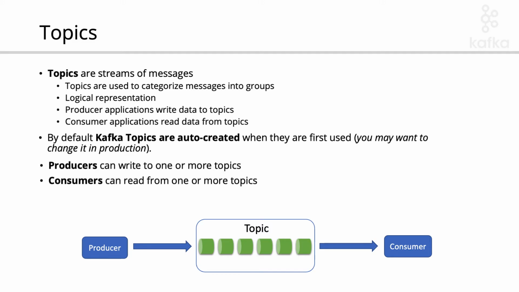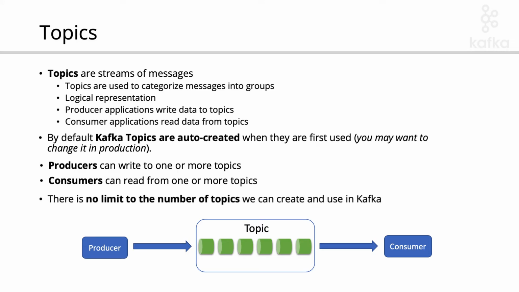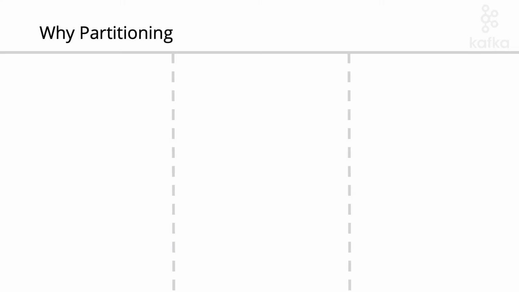There are no limitations in terms of how many producers can write to a topic or how many consumers can read from a given topic. So there is no one-to-one relationship. Many producers can write to a topic, many consumers can read from a topic. But there are some implications to keep in mind that we will see in the next videos. Also, there is no fixed limitation regarding the number of topics you can create except the system resources of the server. Kafka is designed to be fast and scalable.